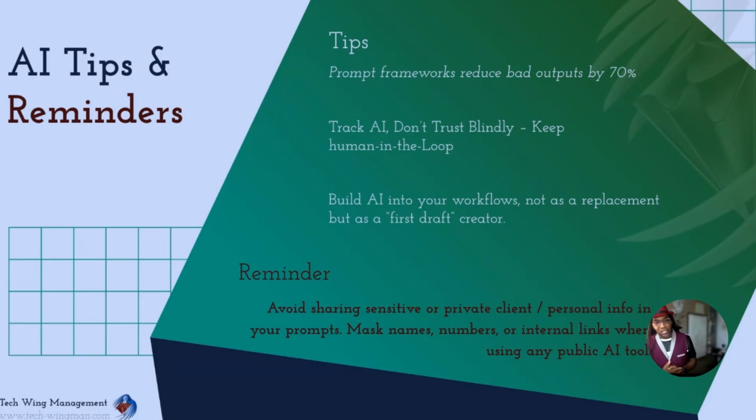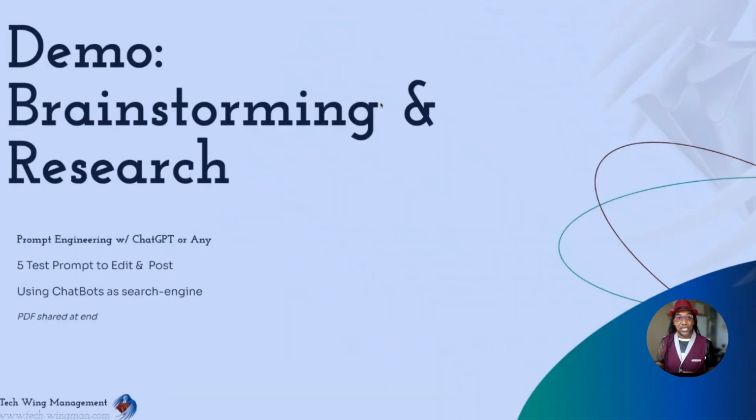One thing to note, avoid sharing sensitive information, any type of PII, which is personally identifiable information, or anything that can identify people or businesses. So when I use AI, if I'm referring to Clint, I don't put Clint in there. Gemini is different because they kind of got me. But if I'm using the other ones, then I definitely don't put names in there. I don't put anything that's specific, like domains or anything like that. All right. Let's move on to the next demo.